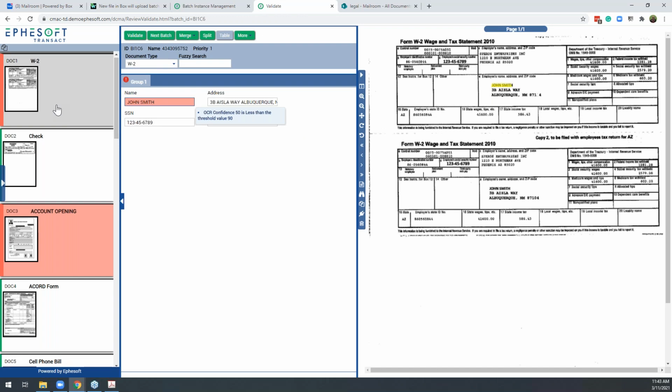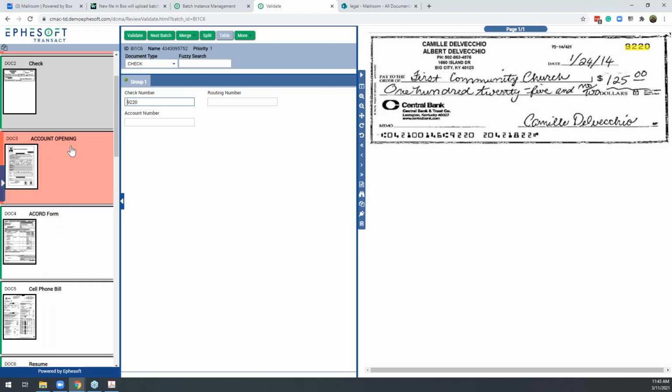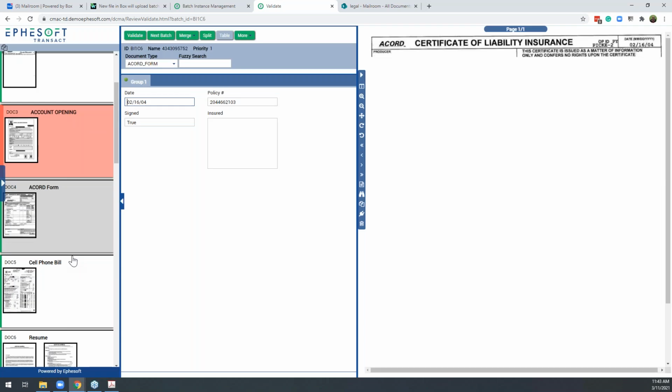But you can see this is, again, having a human in the loop process when it's important. It can be very valuable as part of the implementation. And this is a good idea of how we can take that document package and start ripping it apart into its individual document types.